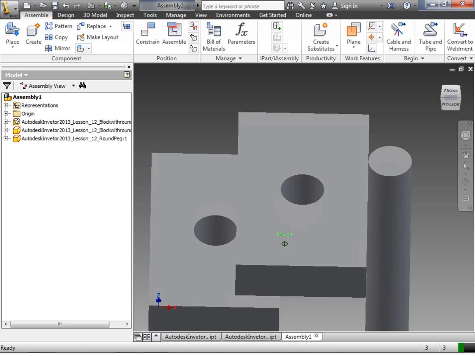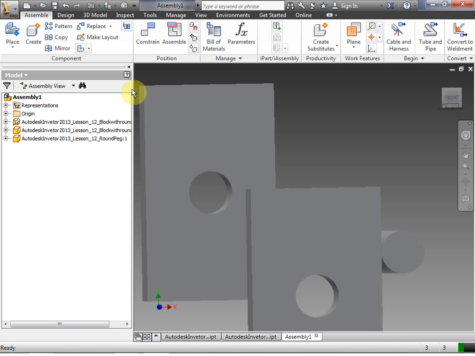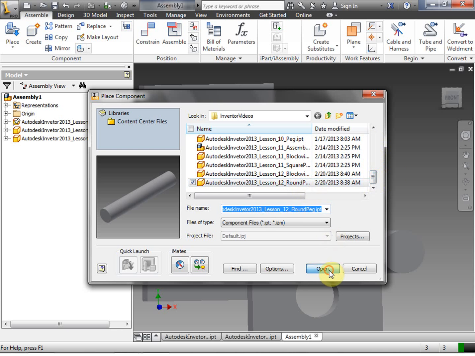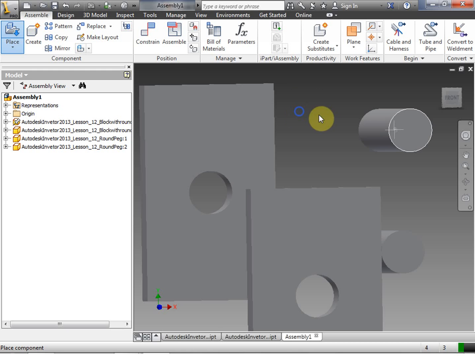Okay, so let's go ahead, and now we are going to actually place another peg. So we go to place. We're going to click round peg again and open. Okay, right click, OK. Now we're going to go ahead and use the insert